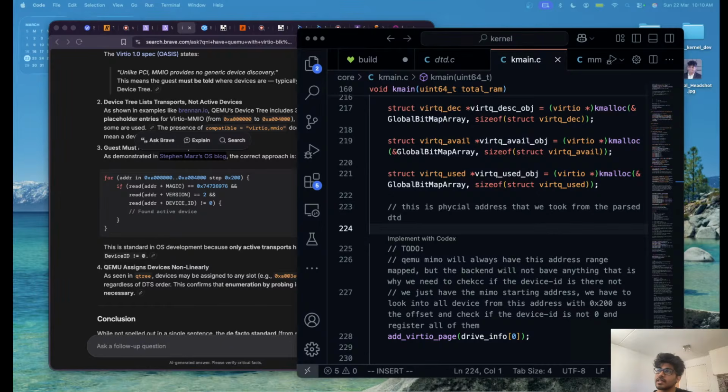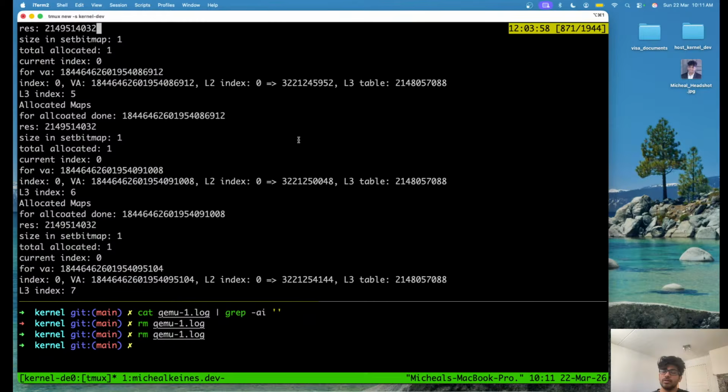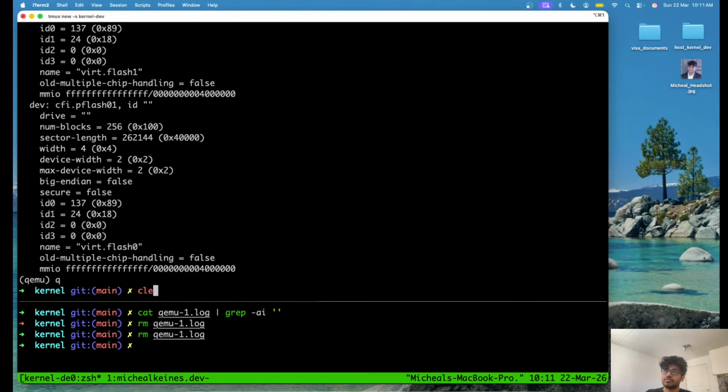And currently, as I mentioned, we'll have to go through all those memory mapped addresses in the Virtio and check if there is a device backend actually registered, and then go through it. So currently what's happening is that we,